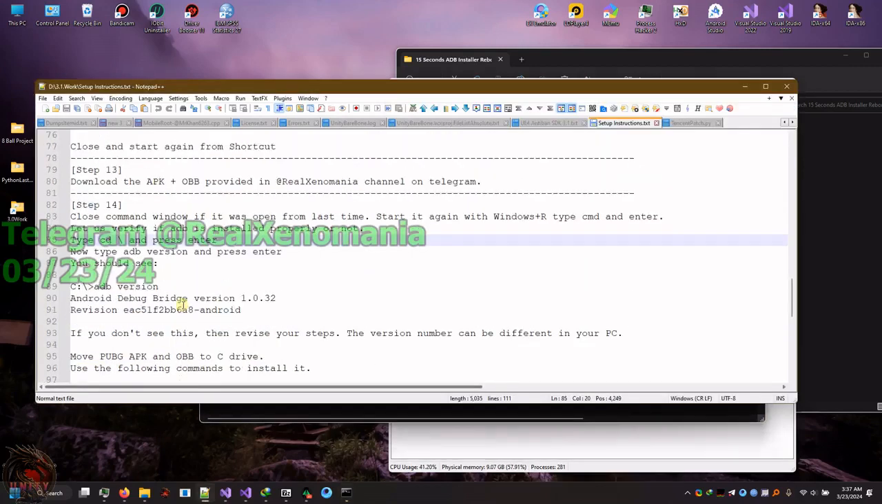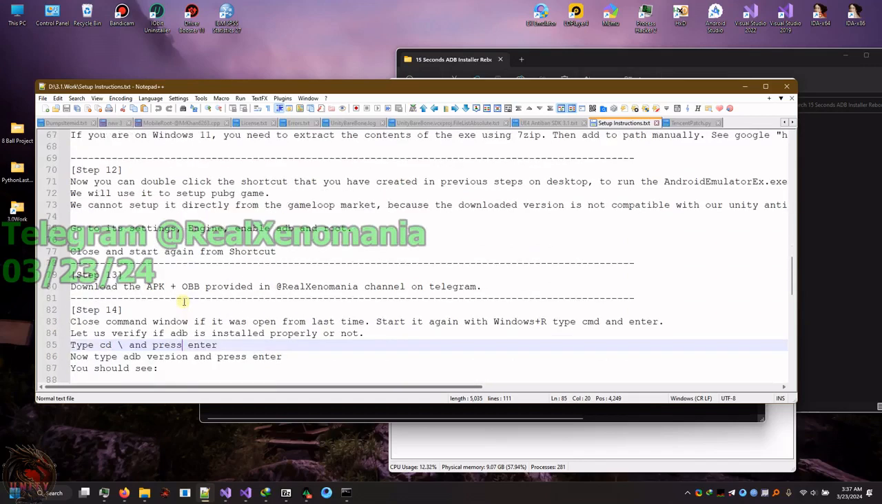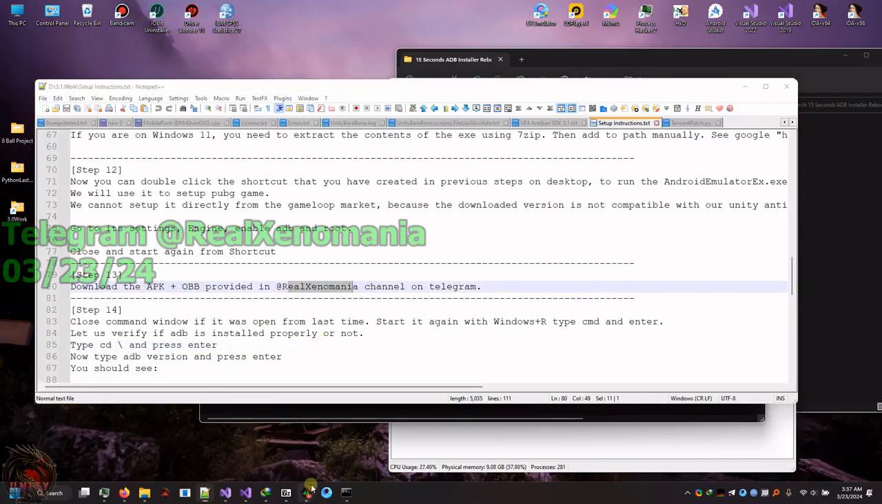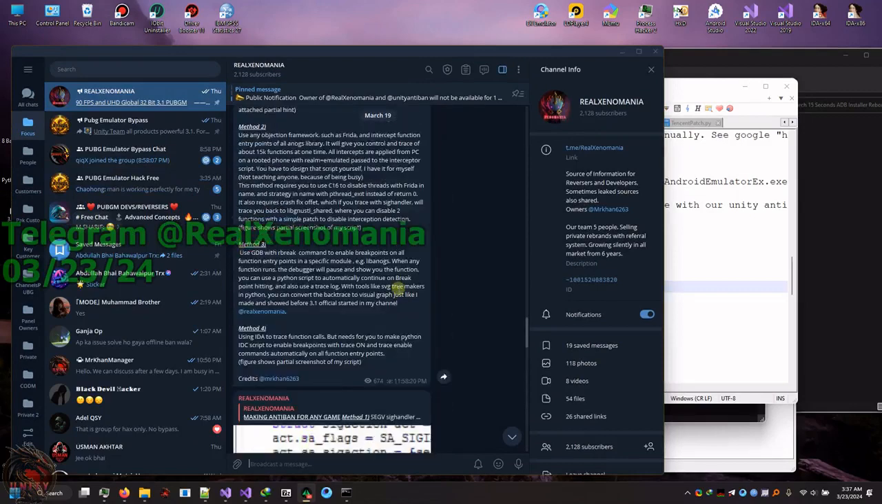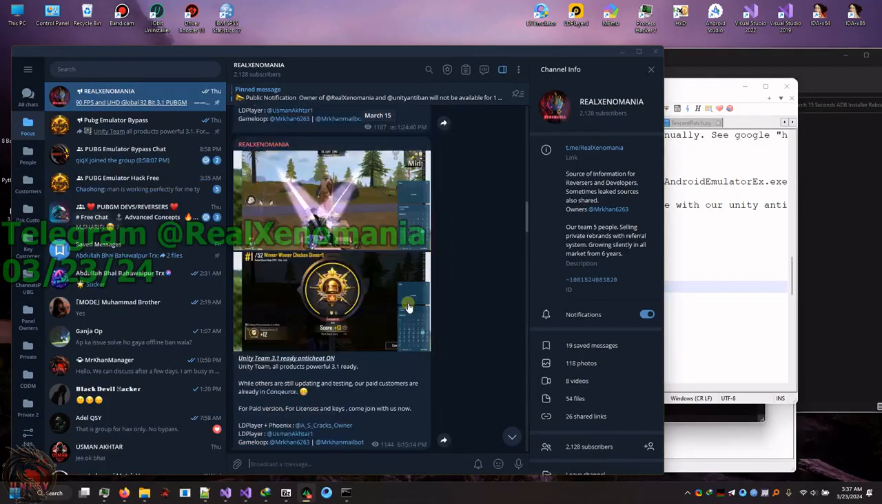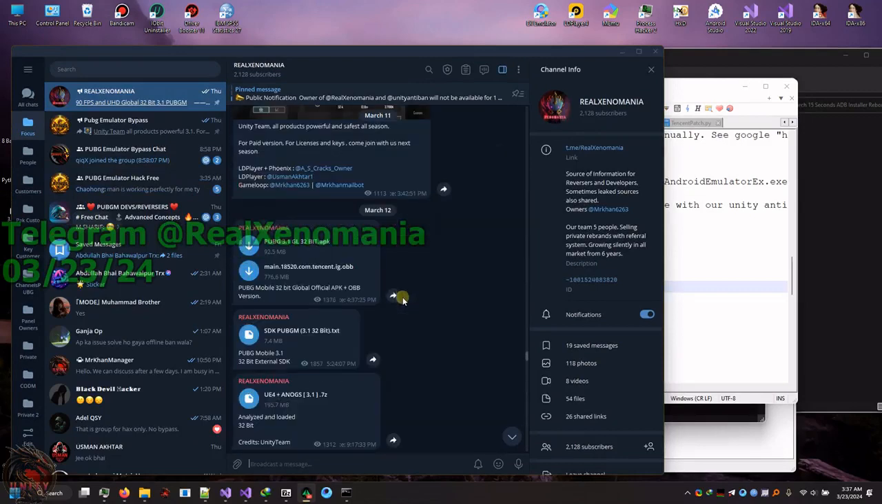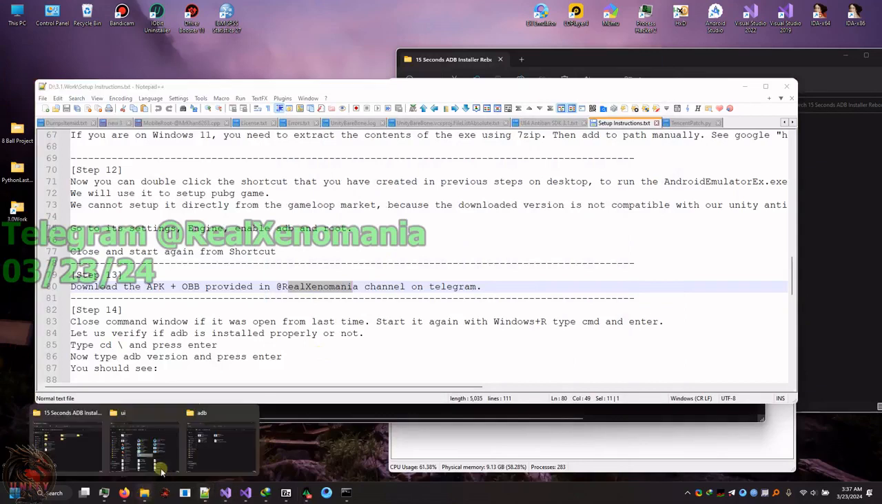I have skipped some steps here. I told you to download the APK and OBB provided in the RealXenomania channel, and those APK and OBB you can find here. You go up a little bit, like a few days ago. You will see the 32-bit APK and the OBB, and after downloading that, put it in a folder where you